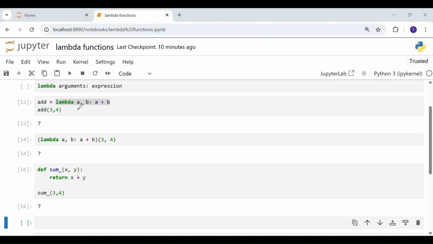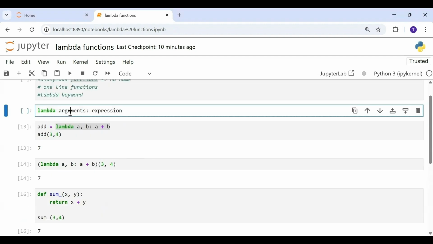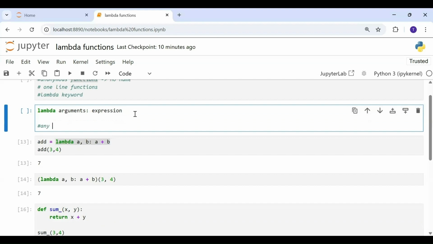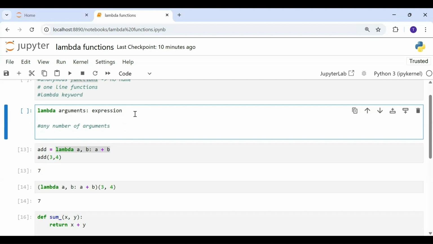Another thing to note is that a lambda function can have any number of arguments, any number of inputs, but only one expression. That means this lambda function could be used with very simple functions.